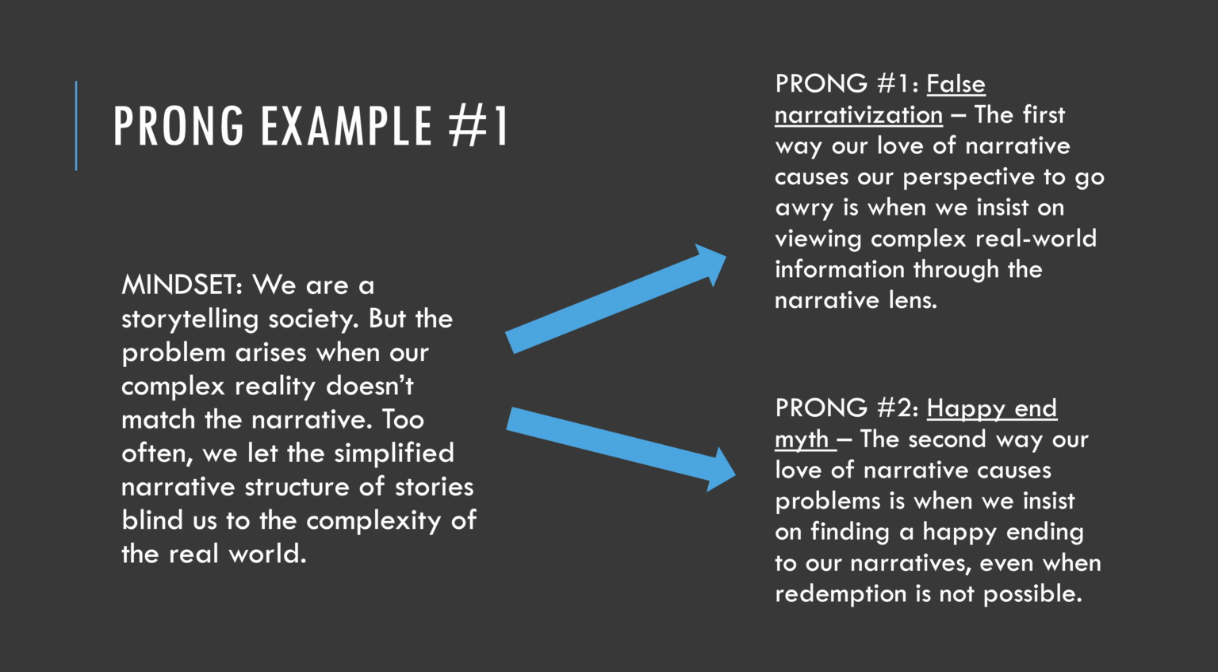a narrative lens. The second prong that he had, he called the happy ending myth. And he said the second way our love of narrative causes problems is when we insist on finding a happy ending to our narratives, even when redemption is not possible. And he had lots of concrete examples here. What would be really good to do is to pause this video, go rewatch JJ's speech, and now that you understand what his two prongs are, look at all the concrete examples he puts beneath each of those prongs to demonstrate